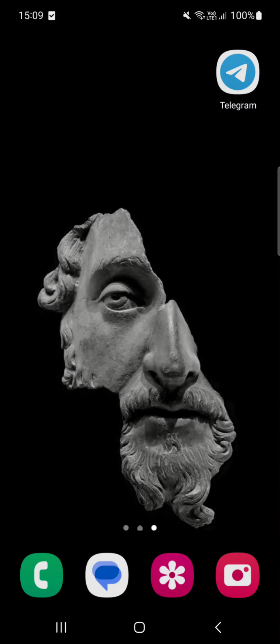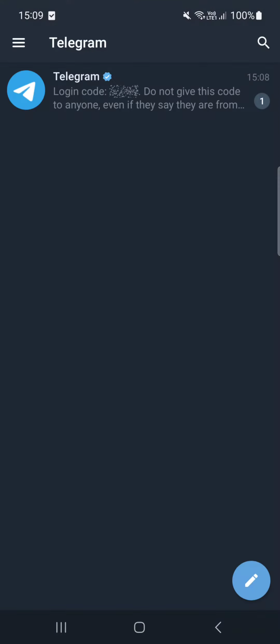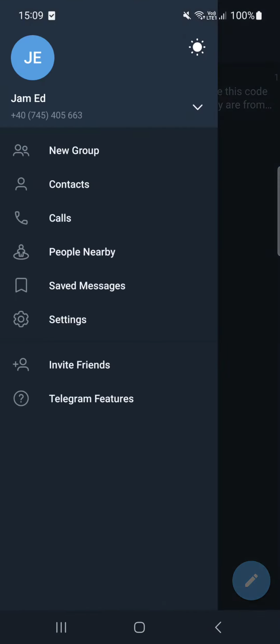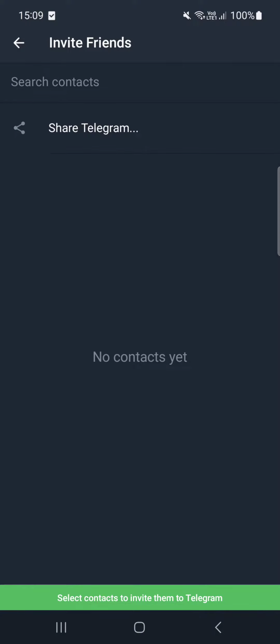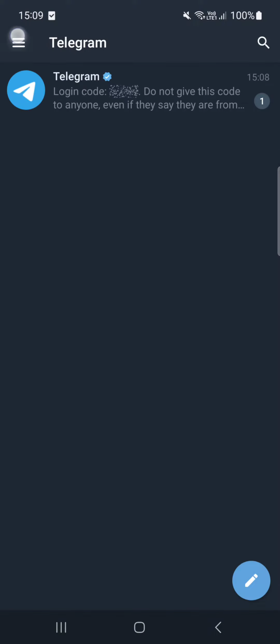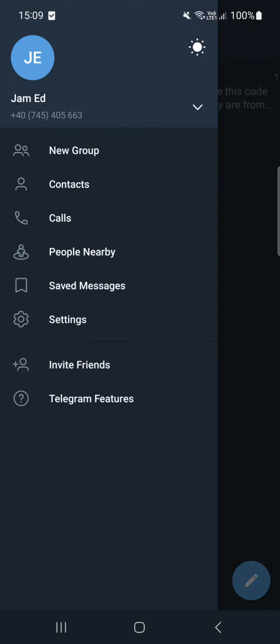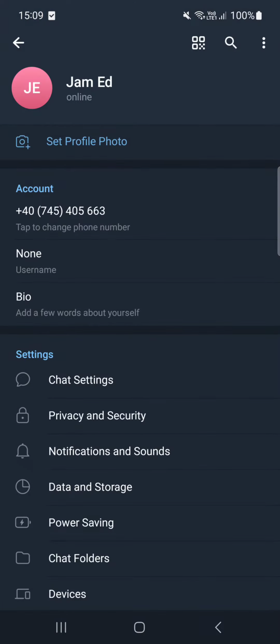First we have to open up the Telegram app, and here we can either swipe right or tap on the three lines in the top left corner. Here we have to go into settings, and here in settings, in the top right corner, there is this little